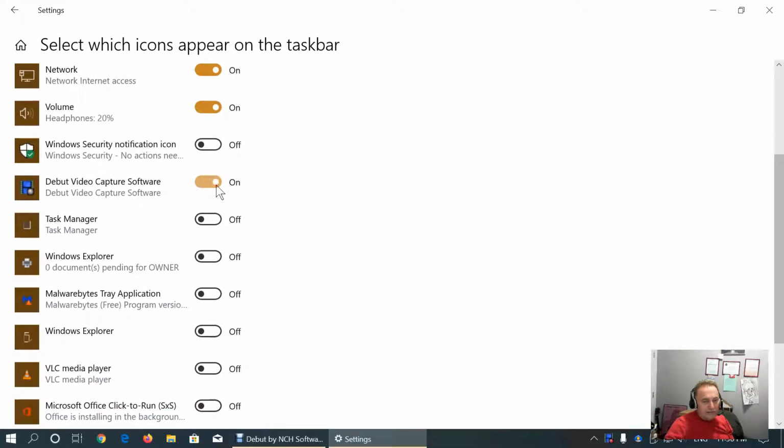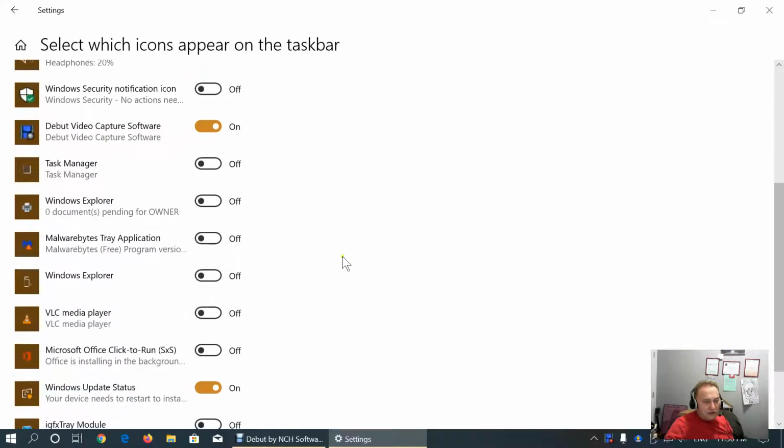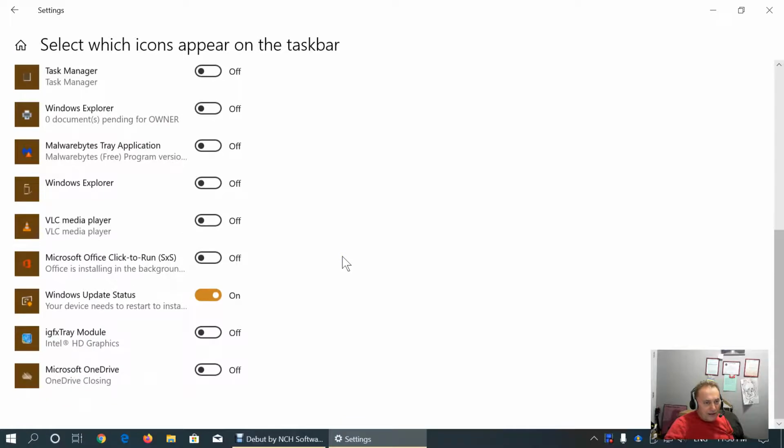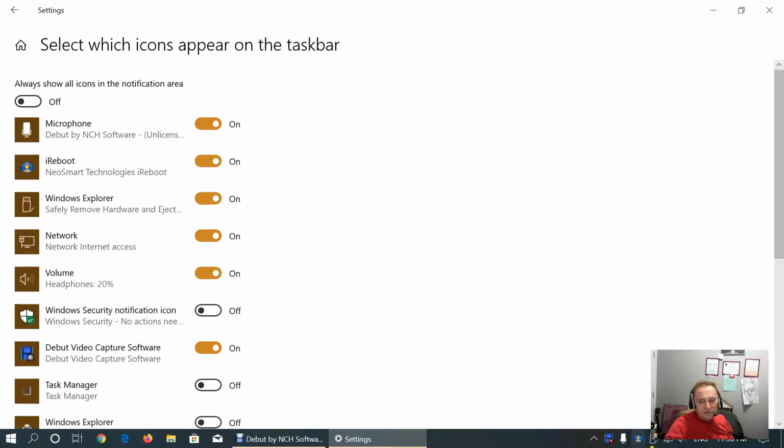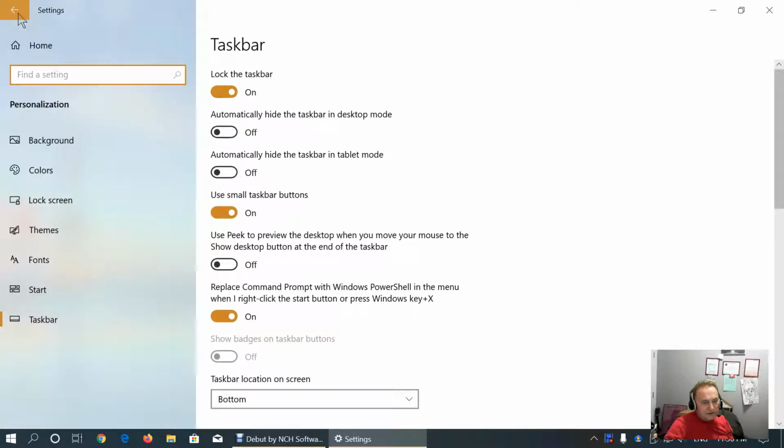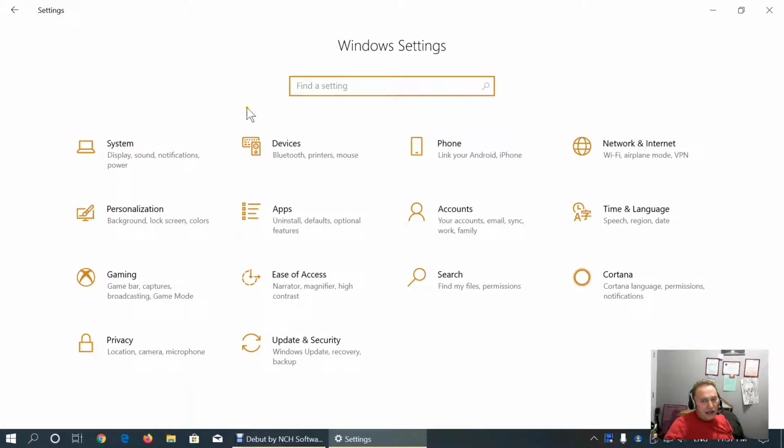Okay, I will enable the video capture software also, and Windows Update status, and I don't need more icons in the system tray. The rest are hidden here, like the Windows Defender icon. Okay, that's everything about